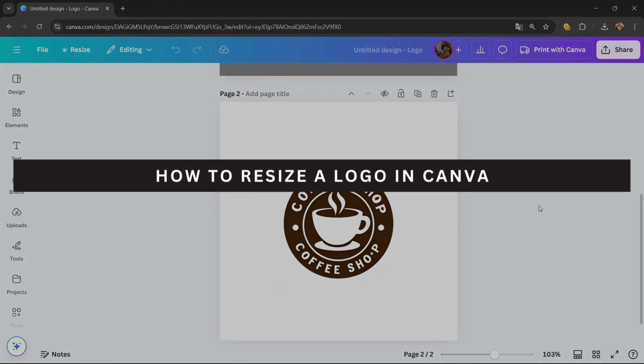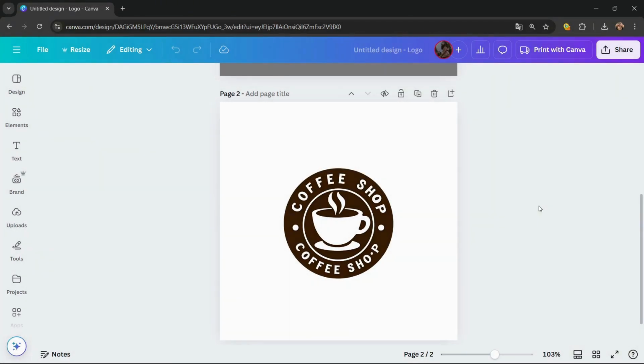Let's see how to resize a logo in Canva. And for your information, why do people resize their logos in Canva? It's because of the versatility across platforms, making logos more suitable for websites, social media profiles, presentations, and even on print